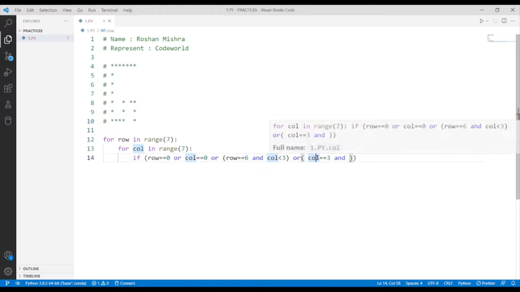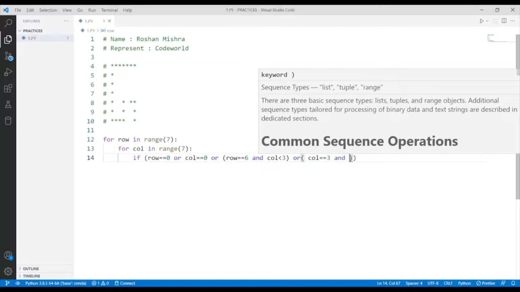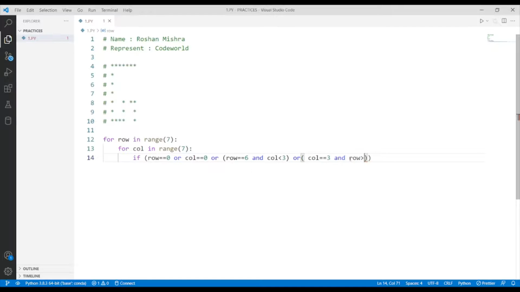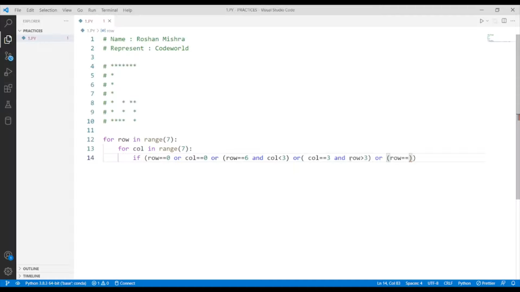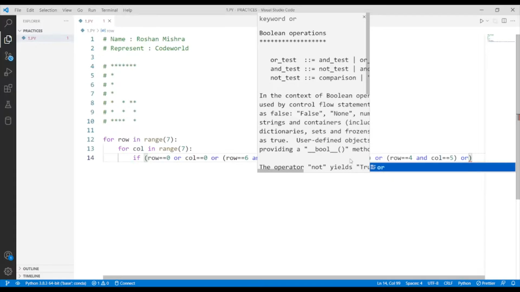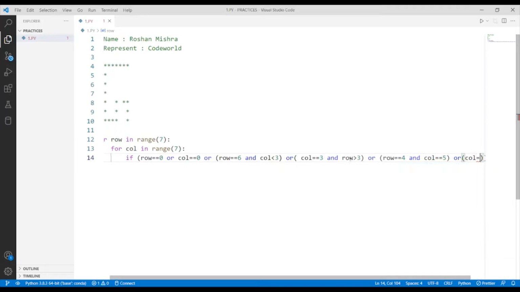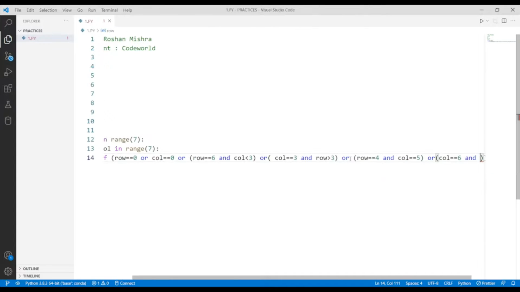No, if column equals 3 and row is greater than 3, then print our pattern. Or if row equals 4 and column equals 5, then print stars. Or if column equals 6 and row is greater than 3.